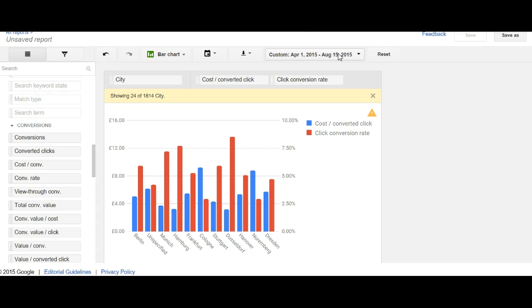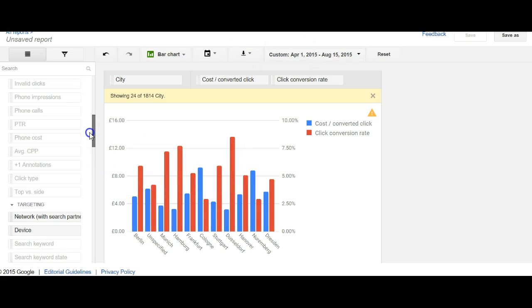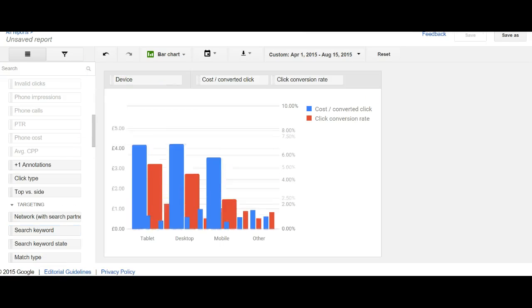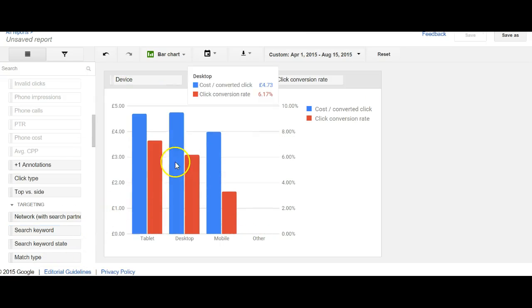If you don't do anything, you will also pay a maximum of $2.50 for mobile phones, but you can say I want to pay more or less for mobile phone users. So let's have a look into the mobile phone data. We have to go to targeting device. We just replace city, and very quickly you can see the cost per converted click and the click conversion rate